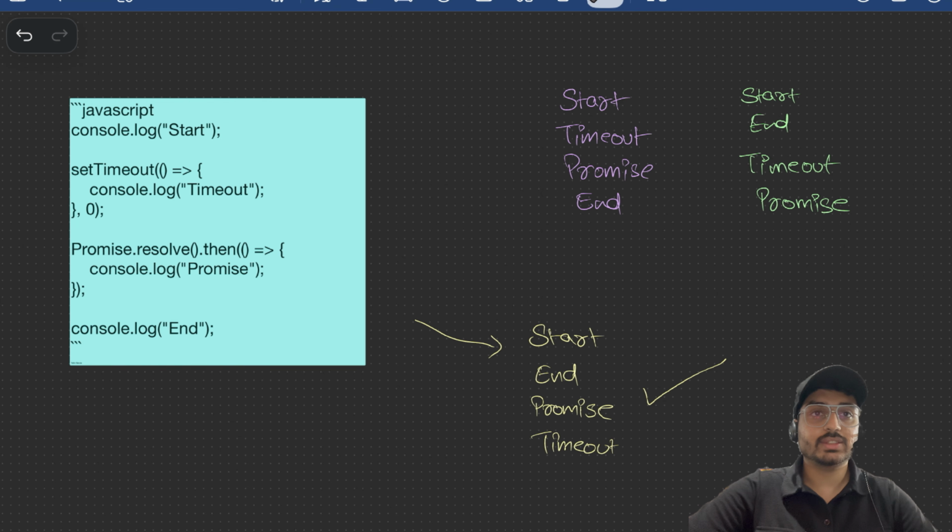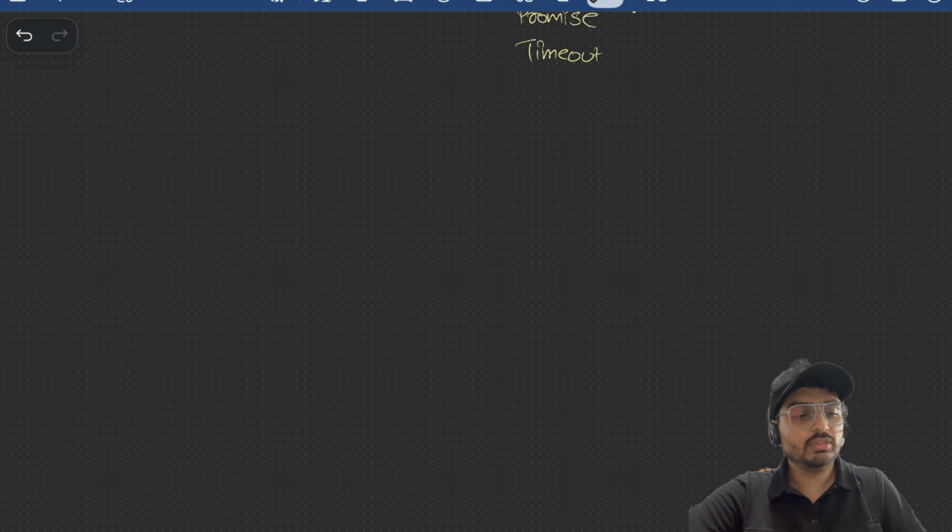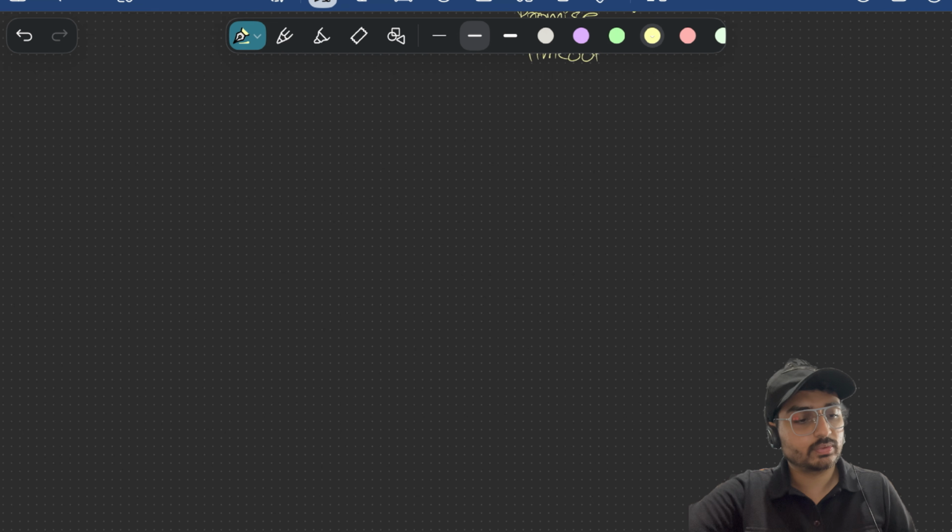As JavaScript is single threaded, how is it handling all these operations? And why are promises executing before the timeout even though the timeout is 0 milliseconds? We can see the timeout is 0 milliseconds. So why are promises executing before this timeout? Let's understand what's happening behind the scenes. Firstly we need to understand that